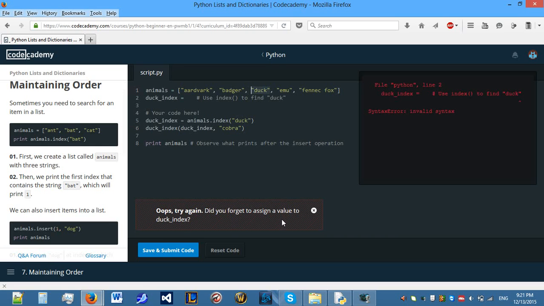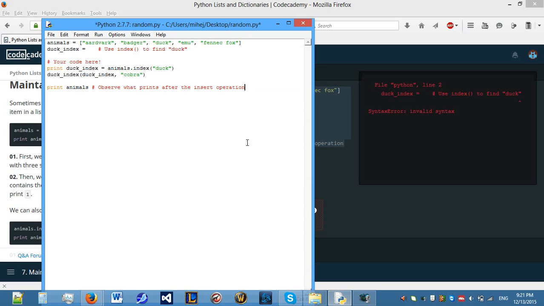There is duck there, so what's wrong? Did you forget to assign a value to duck index? No. So animals is that. Let's try print and see what happens if we do this. Let's copy and paste this to Python so that